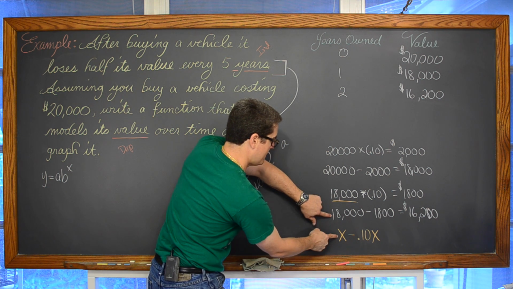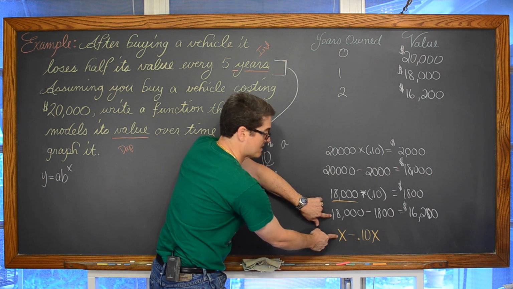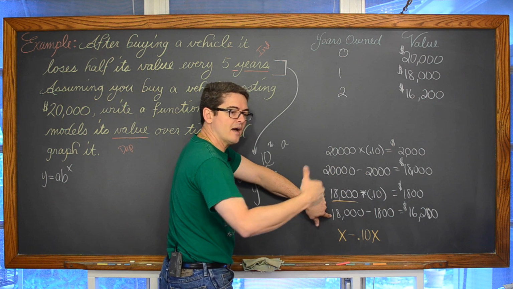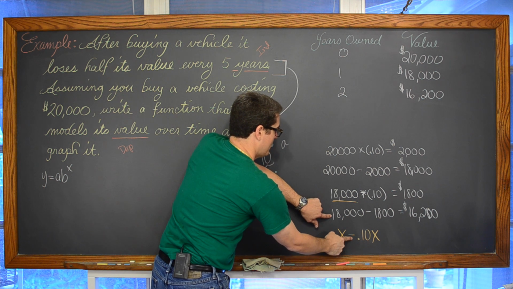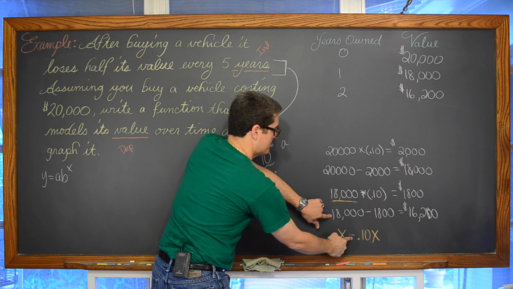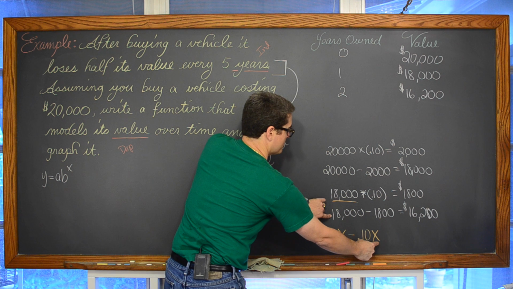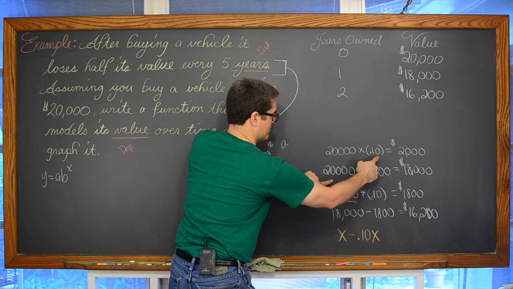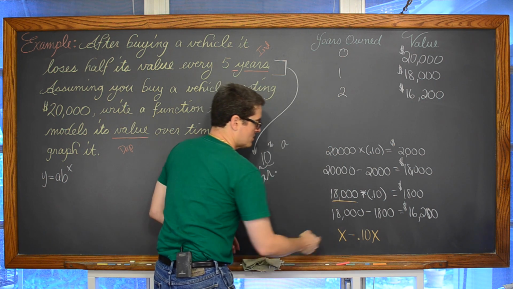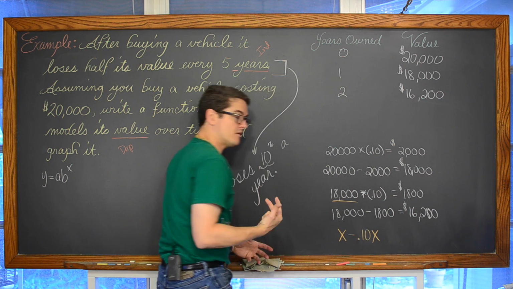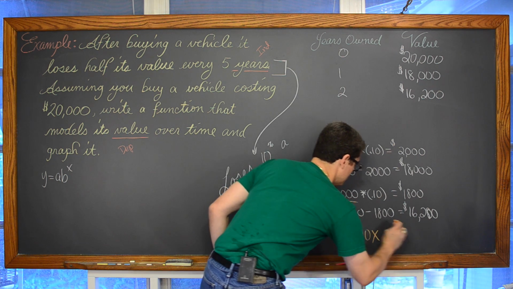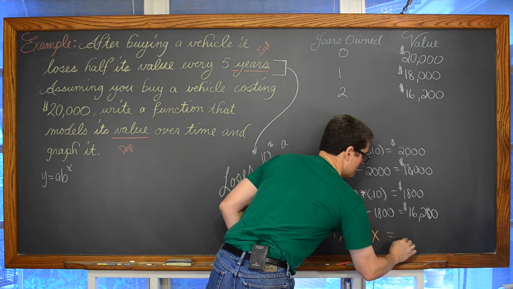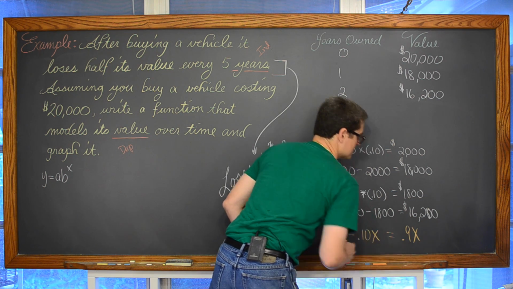We have 18,000, the original amount, after the first year of depreciation. Depreciation is the losing of value on something that you've bought. We're taking away that 10%, which we found by doing 10% of 18,000, or 10% of 20,000. So it's some value, subtracting 10% of that value, and what you have left, if I put a 1 here to show that coefficient, 1 minus 0.1 is equal to 0.9x.